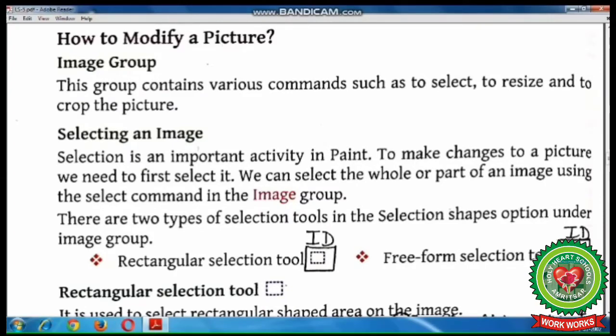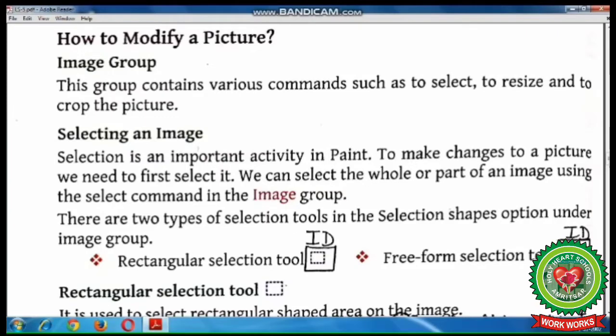There are two types of selections in the image group. First one is rectangular selection tool. Second is free form selection tool. Mark the IDs of rectangular selection tool and free form selection tool on your books.